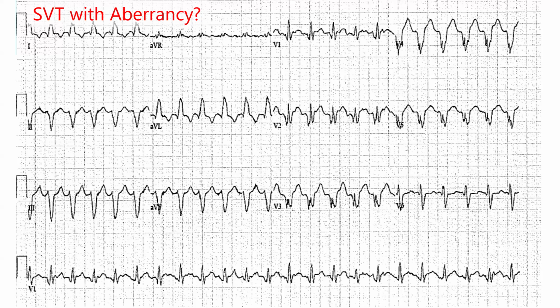So we're not seeing any obvious signs here, but one thing you can do is the following. You can look for an EKG of the patient in sinus rhythm, and that's arguably the best thing you can do, because anytime you've got a wide QRS complex like this, the first thing you've got to ask is, what's the patient's QRS complex when they're in normal rhythm? Is this really an aberrant QRS complex for this patient, or is this just what they look like in sinus rhythm?